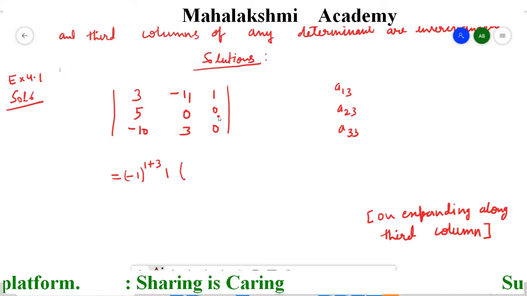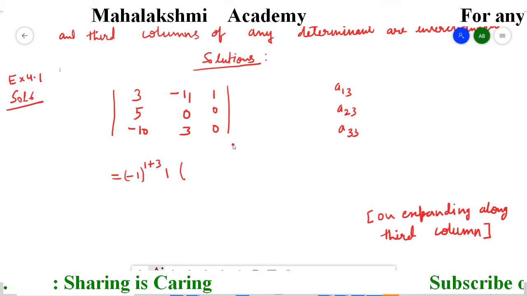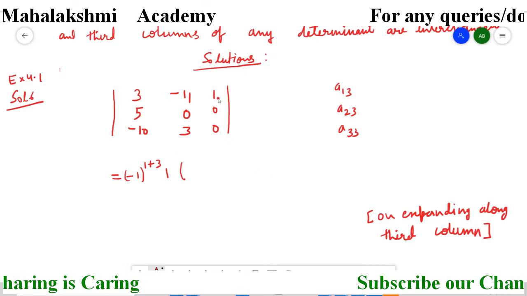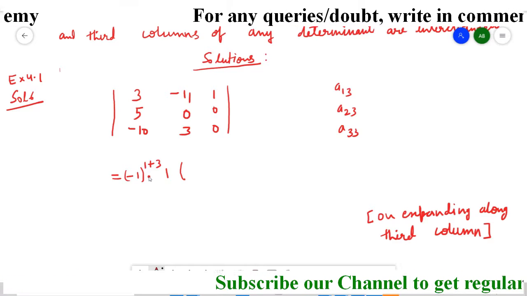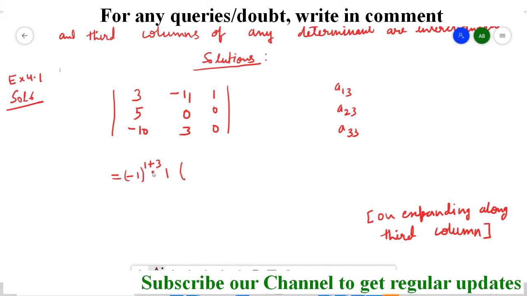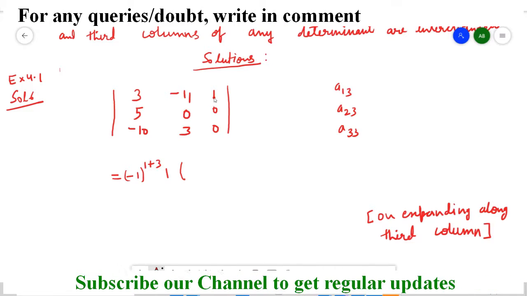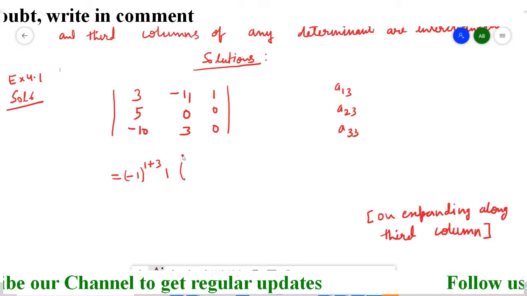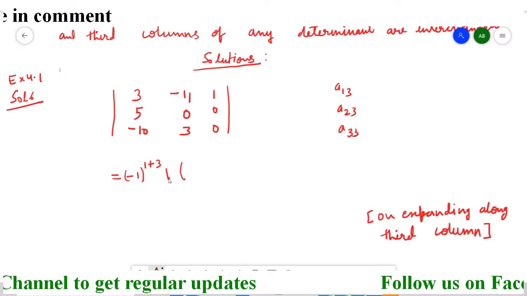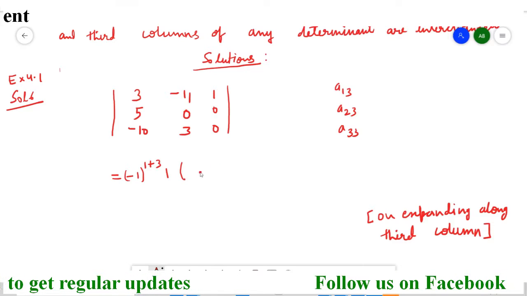So I hope you are getting it, because in one of the questions we had done it, the number we have to multiply by the cofactor. In cofactor this we have to write down. So we will do it in all the terms, like that we have to do. Since this term is your A13, that's why minus 1 to the power 1 plus 3. Now the number is your 1, so I wrote 1 here. Now we have to write down here the minor.